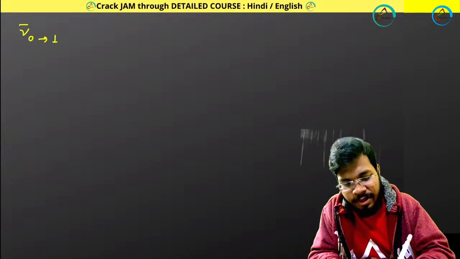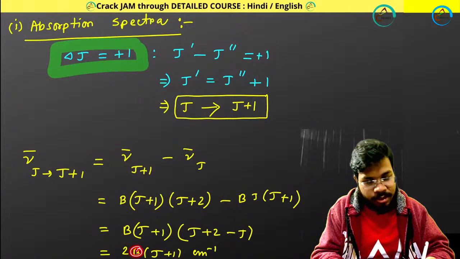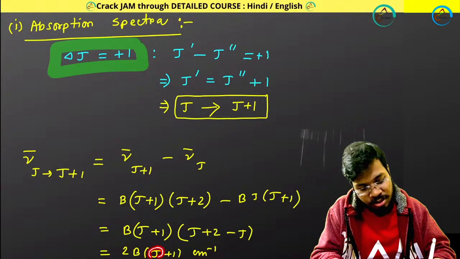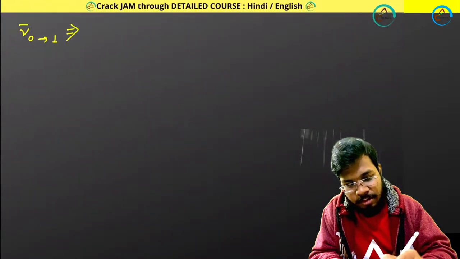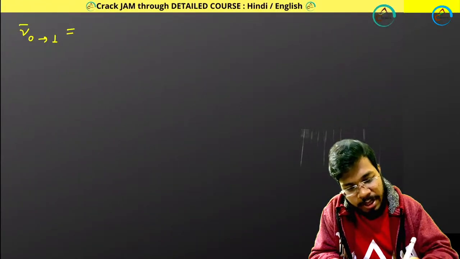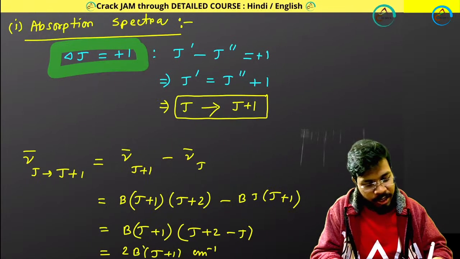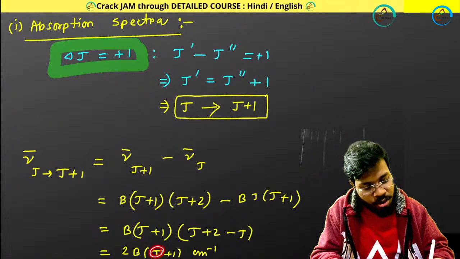So if my transition is happening from 0 to 1 energy level, then the B value will be 0, the J value will be 0. So 0 plus 1, 1, 2B, so your energy value will be 2B. For this, nu bar will be 2B centimeter inverse, right? If we put the value 0 in J, it will become